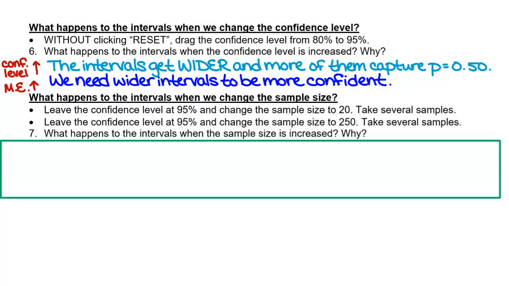What do you think that does to your ability to make an educated guess? If somebody asked you to pin it down, what is the true population proportion? Take your best guess, give me one number. What do you think happens as your confidence level goes up and your margins get wider? What'd you say? It gets harder to pinpoint it, right? But when we have those narrower margins, we're not as confident because maybe my sample that I took